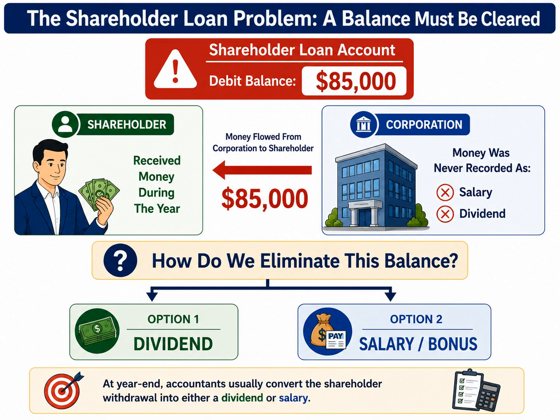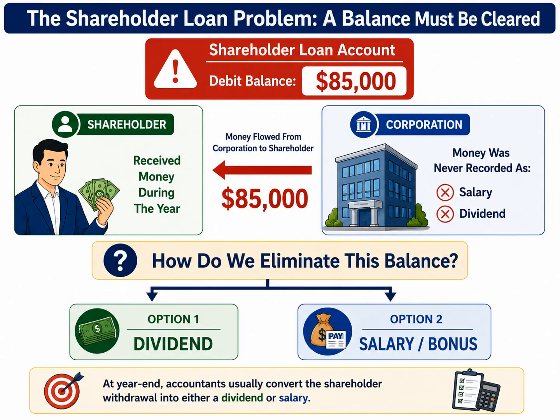The second option is to treat the withdrawal as salary or a bonus. In this case, the corporation recognizes employment income for the shareholder. That salary or bonus is then applied against the shareholder loan account, eliminating the balance while creating employment income for tax purposes. Although both methods can achieve the same objective of reducing the shareholder loan balance to zero, they produce